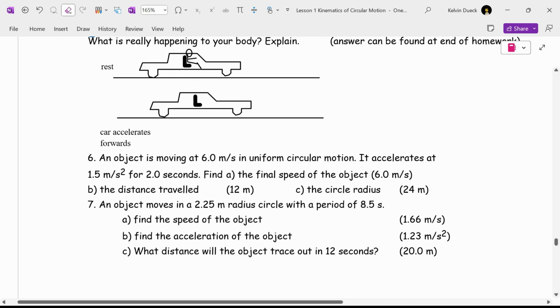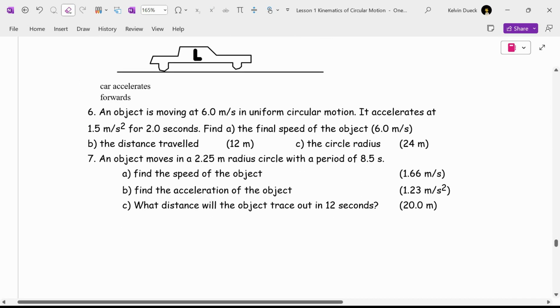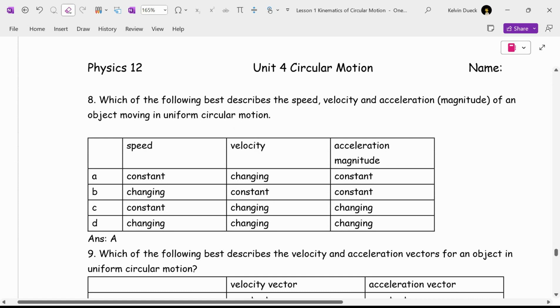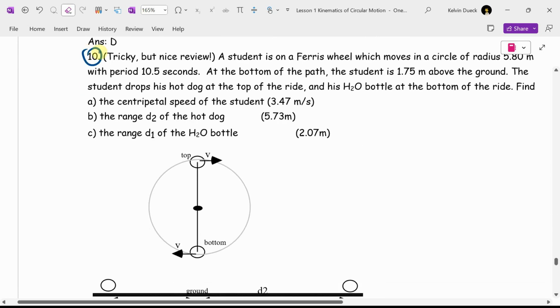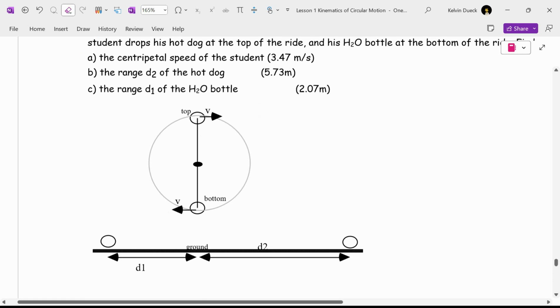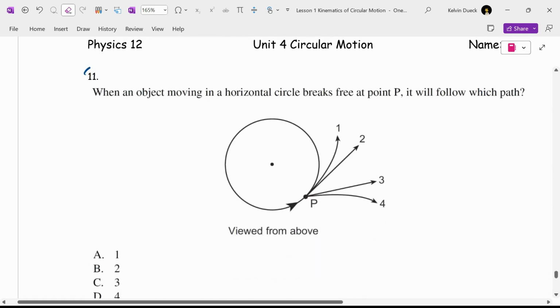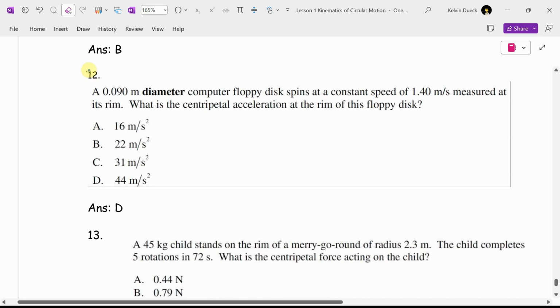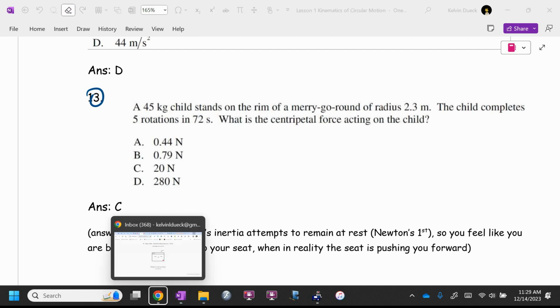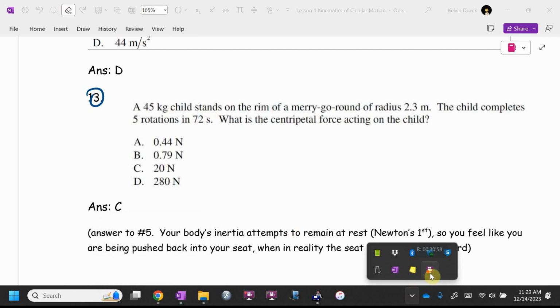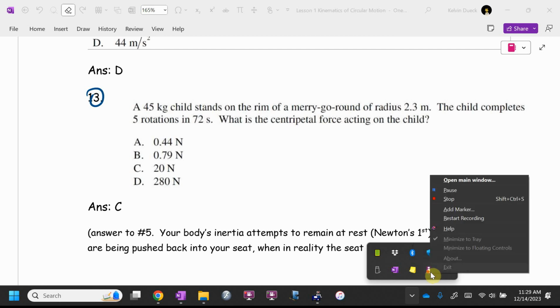So I didn't assign 4. 5 is good. 7 is good. 8 is good. 9 is good. 10 is good, but tricky. 11 is good. 12 is good. 13 is good. There is 12 minutes left. Please use this, or you can play with the physics toys at the back. Let me pause the